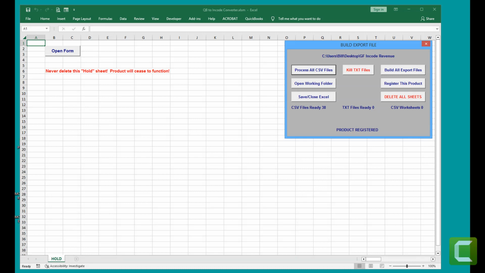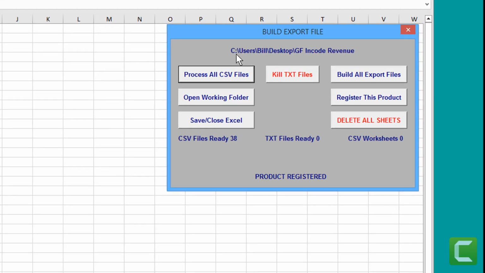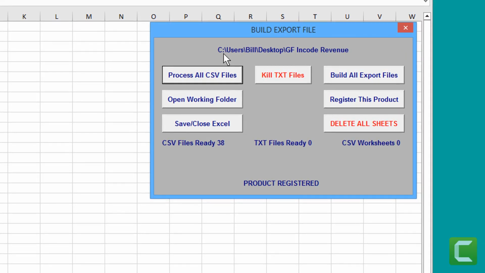All right, so we have launched the Converter Excel SM macro enabled spreadsheet. This is your working folder, so whichever one of these files that you run is going to give you the path of what folder you're actually working in.